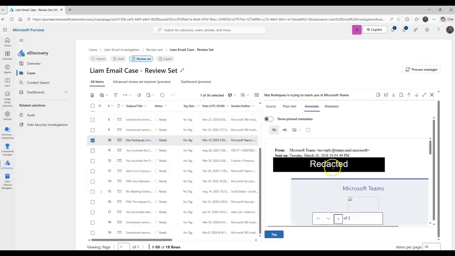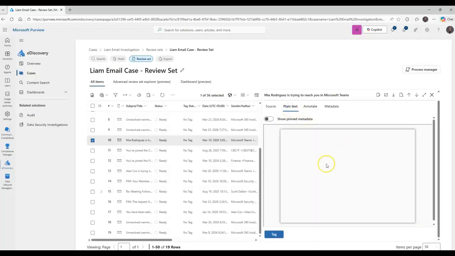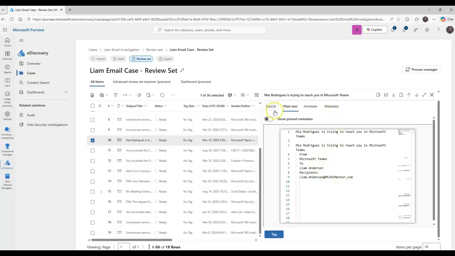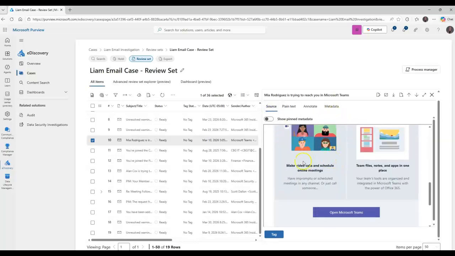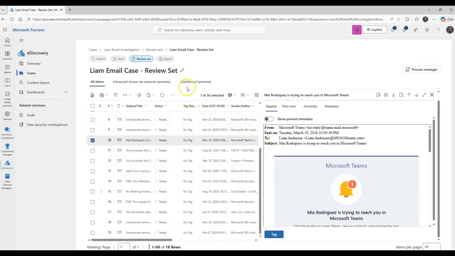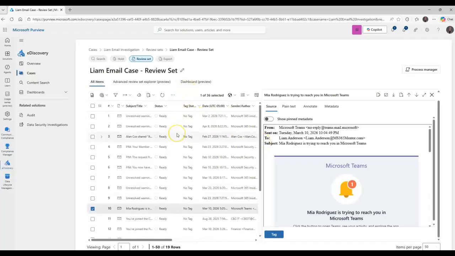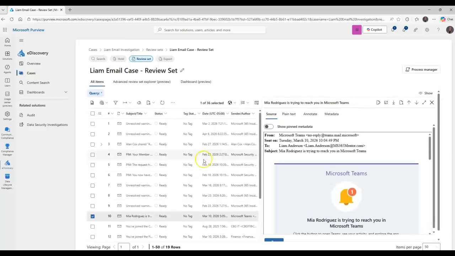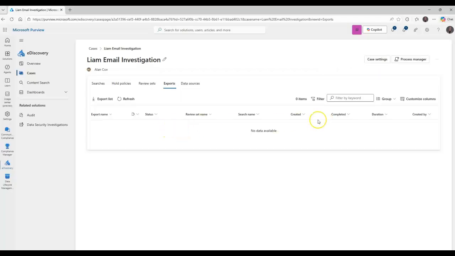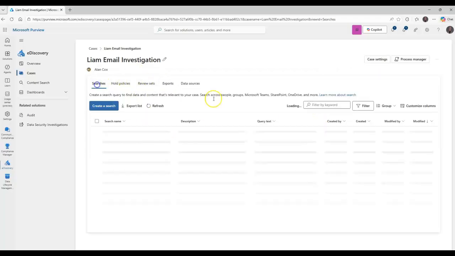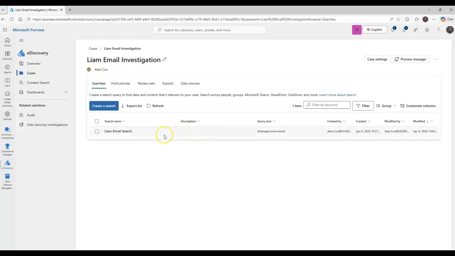And now the redaction, the markups, so we can go in and I can look at this in a couple different ways, as plain text versus just exactly how it came in the email. So that is a review set. It just allows us to look at what's happening here and see what we've got. And as far as exports, again, we do not have any. Now, if we go back to search